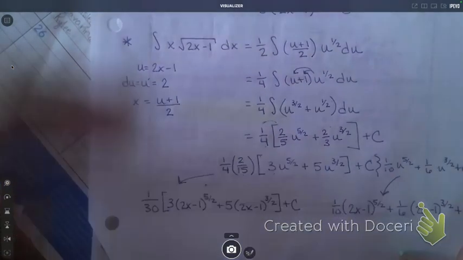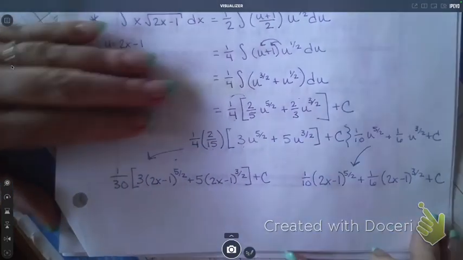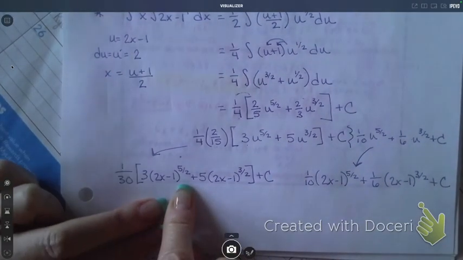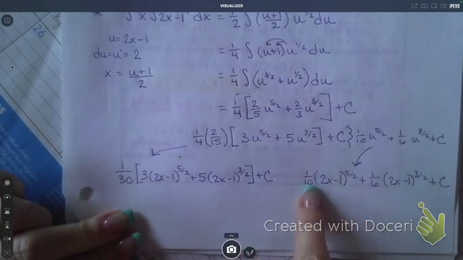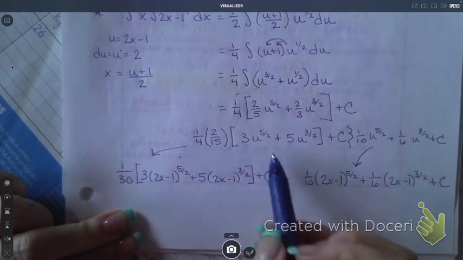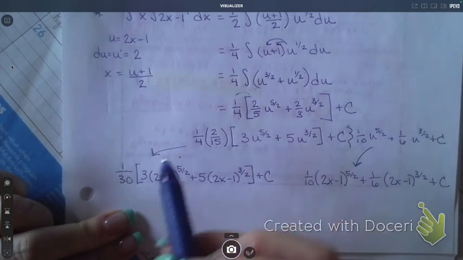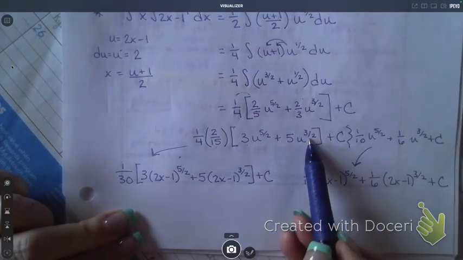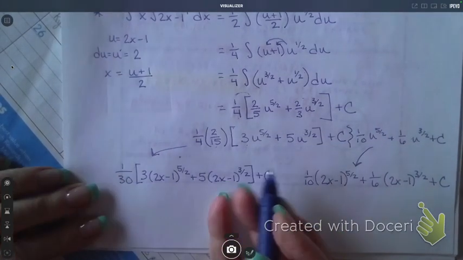You personally have to decide which one you would like to do math with better. I would like to do math with this one. Why do you think I like this one? The other one's messy because you have a fraction, yes? I could even factor out a u to the 3/2. I could even factor that out if I wanted to. And I could make it